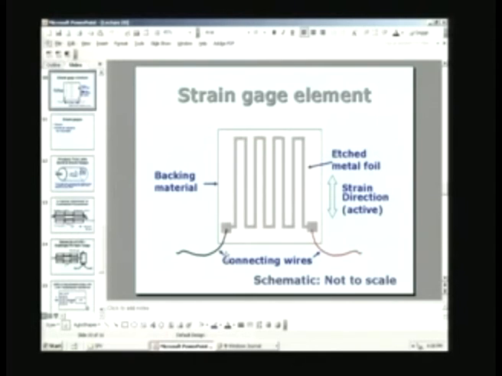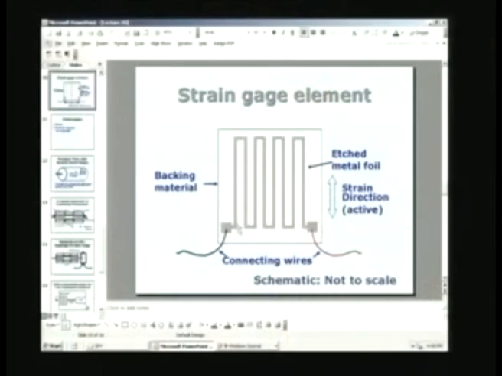A strain gauge element, I said just a little while ago that we can measure the displacement using a strain gauge element. What is the strain gauge element? It consists of an electrical conductor, or it could also be a semiconductor. Nowadays, semiconductors are also used because they are much more sensitive than metal elements, and it is arranged in this form, what is shown here. In this case you have a long length of wire twisted around like this,